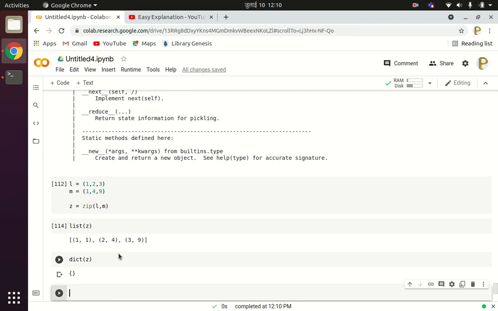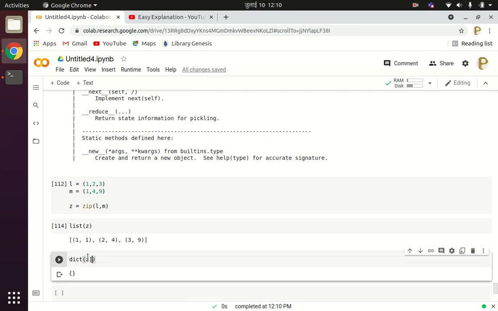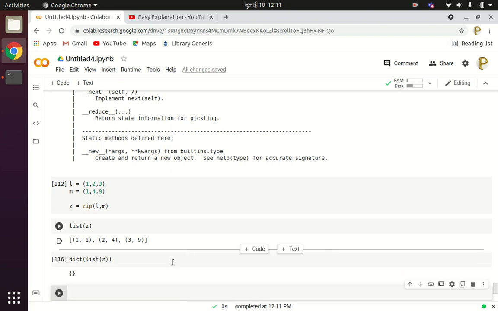So list of Z, and see. It is printing the empty values.